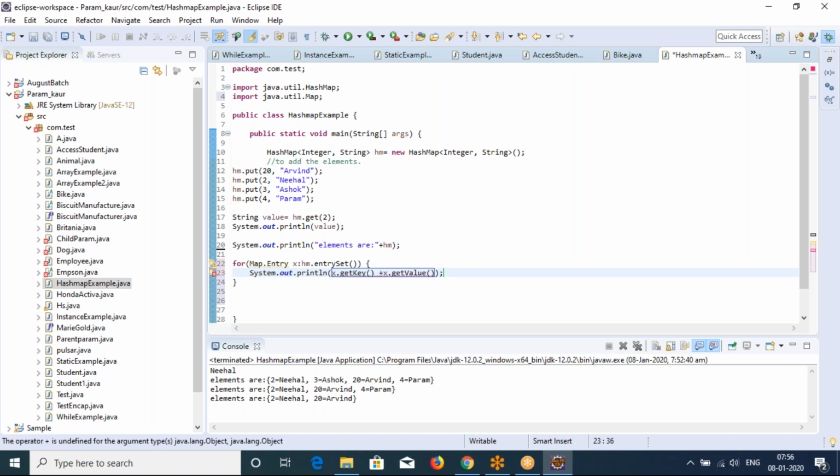Something we should have like this. Okay, get key printed.